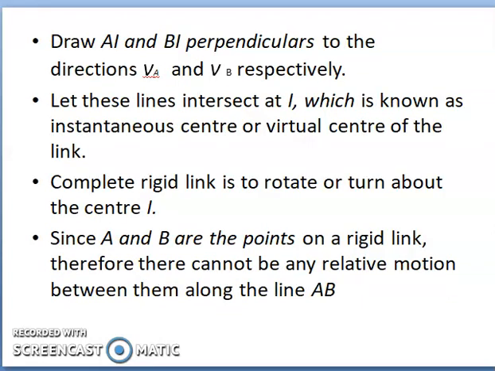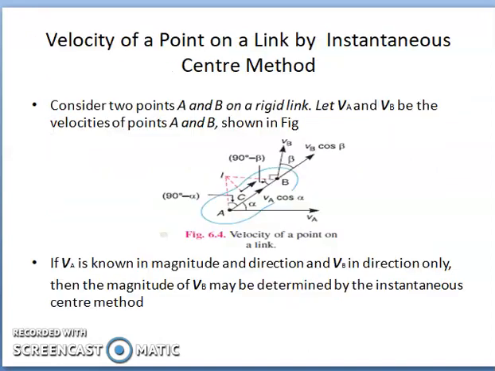So what I can do is, to locate the instantaneous center, this is the velocity. This is nothing but rotation. If it is rotation, then you can always know that the center of rotation is perpendicular to the velocity. So you can draw a perpendicular line. In this line only you will have the instantaneous center.